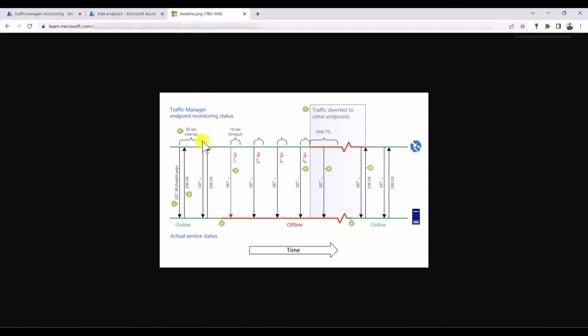So after 30 seconds, the traffic manager probing agent is going to send one more request, and if the endpoint responded with 200 OK, then the traffic manager is going to declare this endpoint as healthy. Until the time comes when the traffic manager probing agent sent a GET request, again on the specified protocol, port,